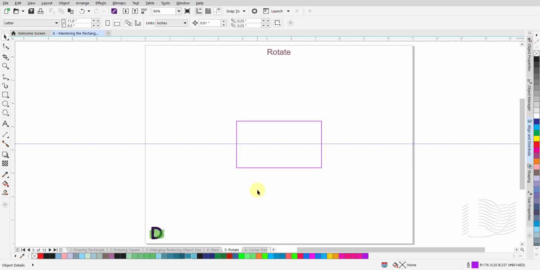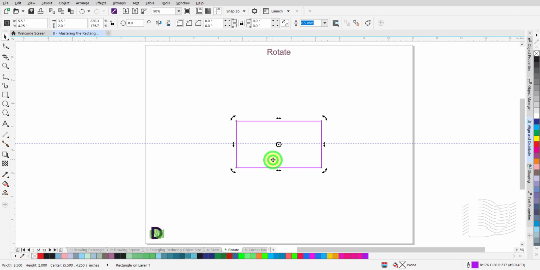For rotation, double-click on the object to bring up the skew and rotation controls for this object. Due to the default settings, the anchor point sits in the middle of the object. Now left-click and hold on a rotation control handle in one of the corners and move the mouse up or down to rotate the object. Note that the rotation is anchored in the center of the object. Release the mouse button when done.